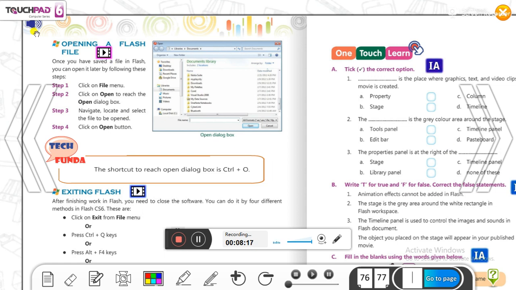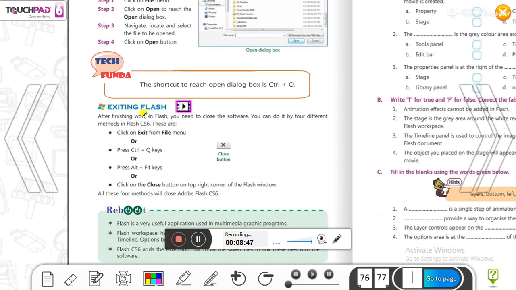Click on the File menu and Open. Then your Open dialog box appears. In the file name box, type the name of the file or search for your file, select your file and click on the Open option. Then your existing file will open. To open the Open dialog box, you can also use the shortcut key Ctrl+O. It's a simple way to open, as in other applications, the same way here you can also open.